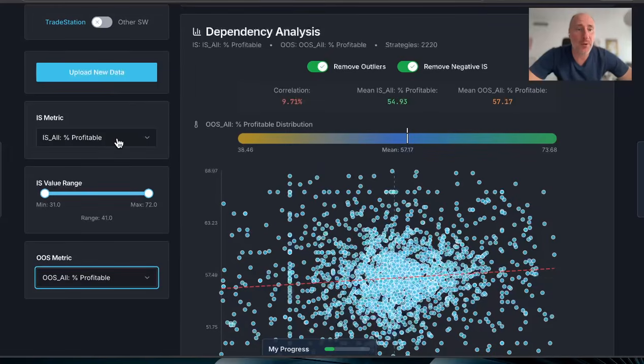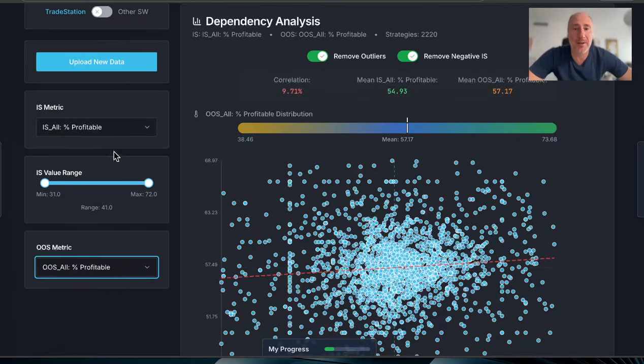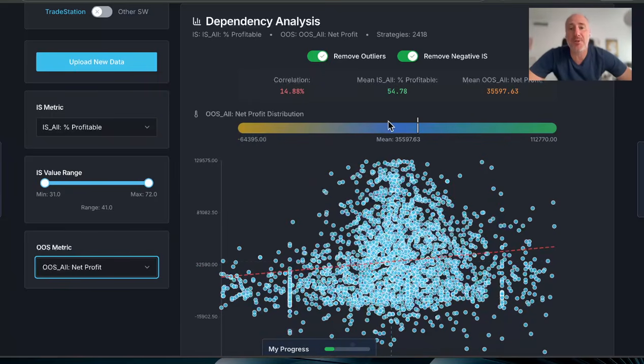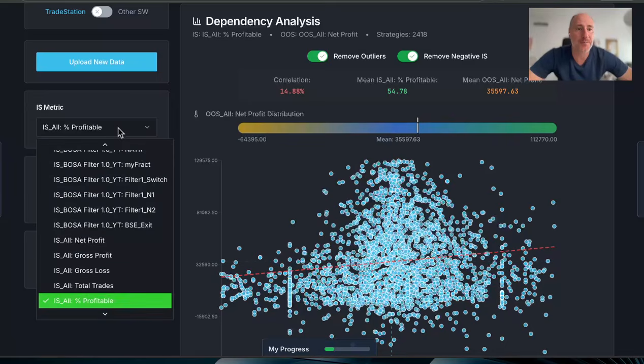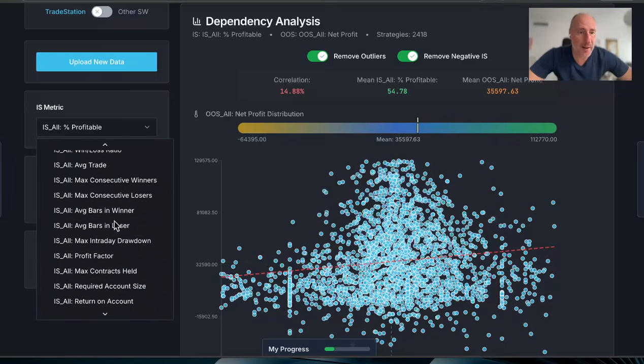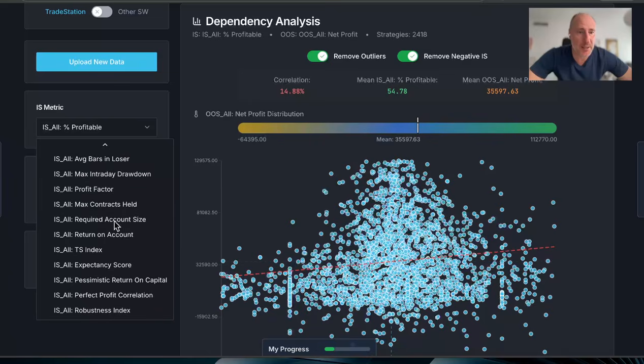So if you are optimizing for win percentage, expect absolutely nothing. It will give you no edge. It will give you no predictability, not even for net profit. It will give you absolutely nothing. Forget it. Okay. Next one, quite common as well, could be TradeStation index, and that's what I use quite a